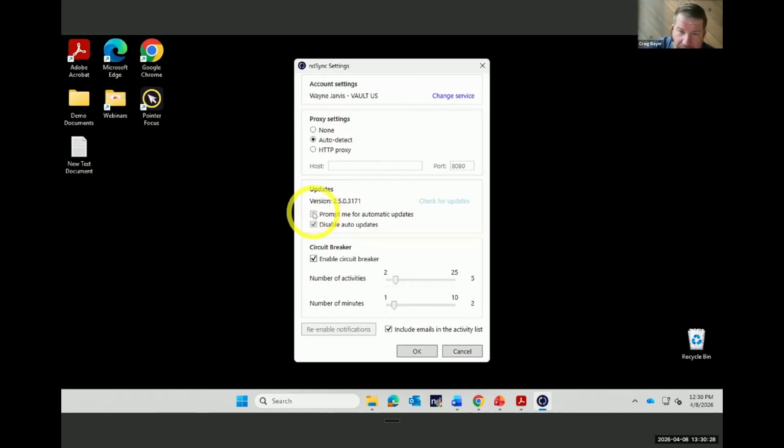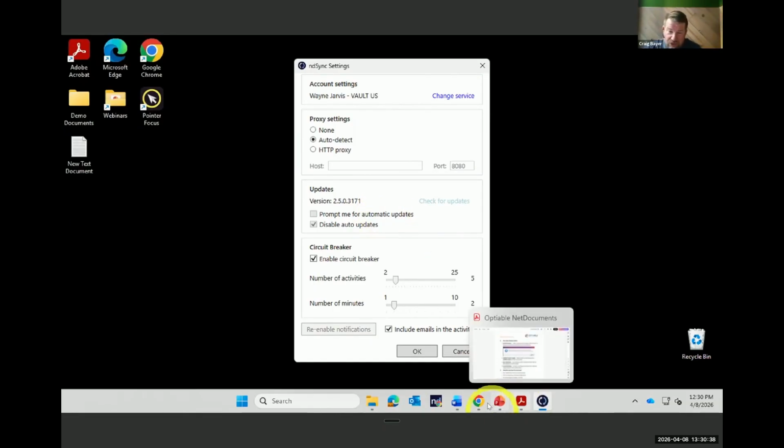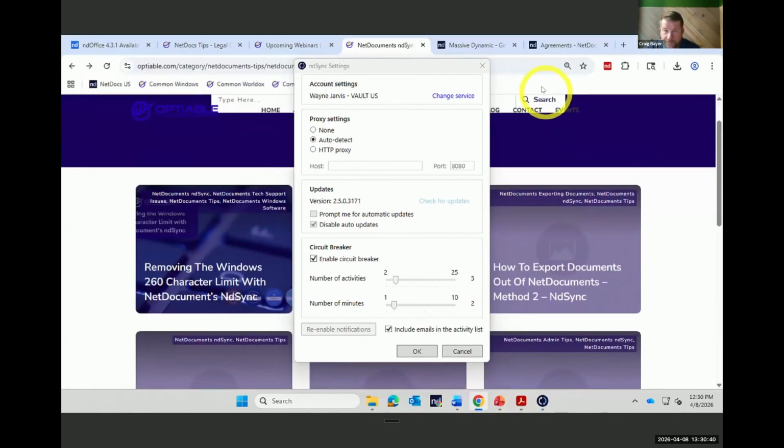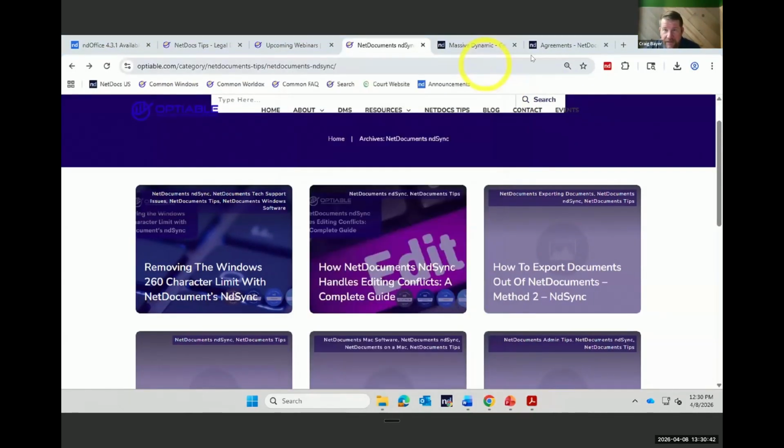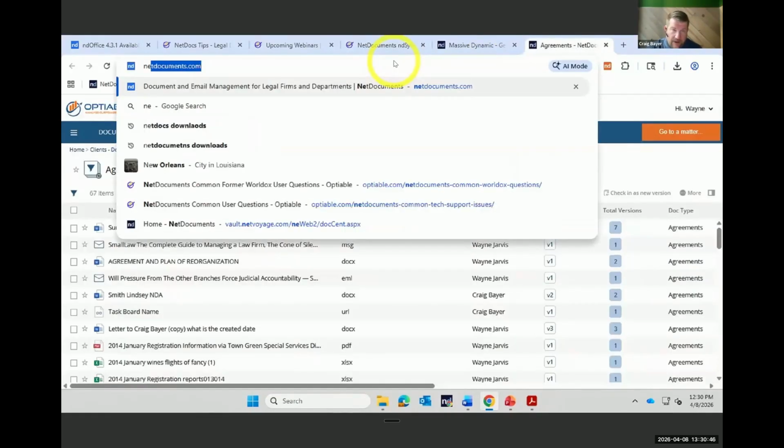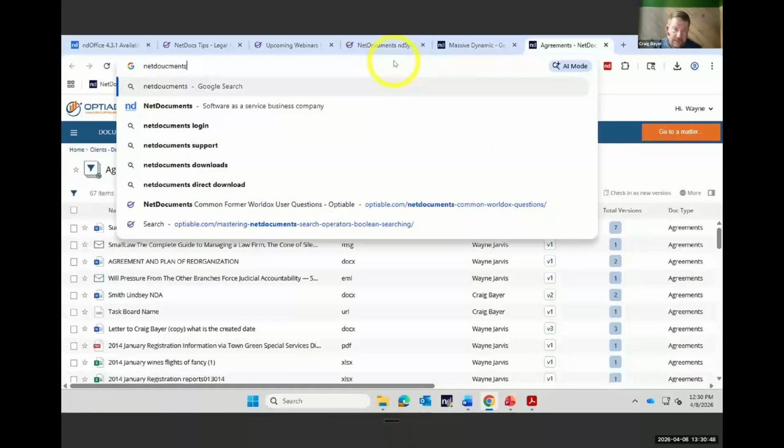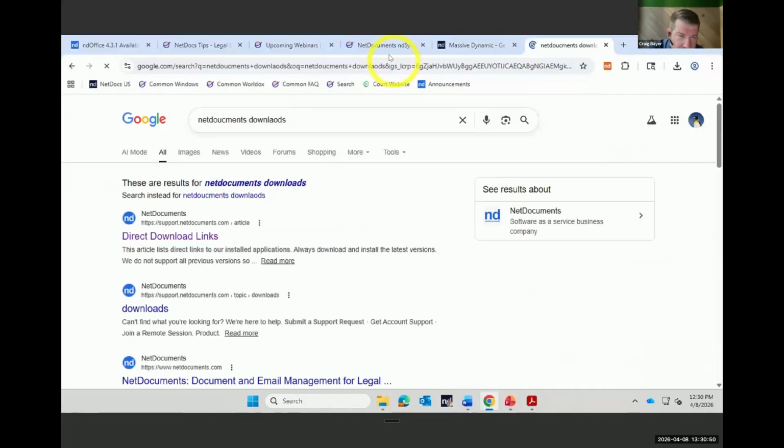Prompt me for automatic updates. I mean, I guess that's fine. That's not how I work. I never let people update the software. You have to go to the NetDocs download page, and let's just jump to that right now. And that's where I would get the new versions because this isn't something that I would just want a regular person doing. So NetDocs downloads, and you're going to see